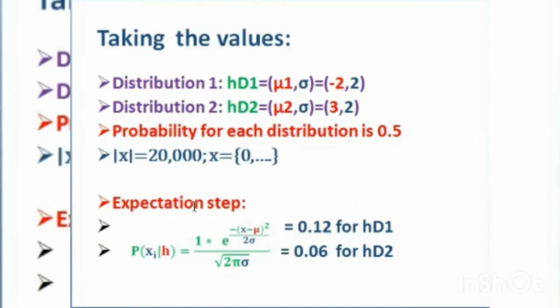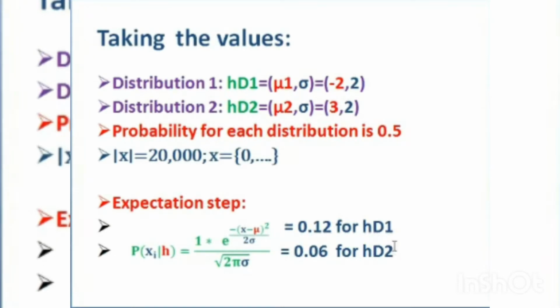So how to find out the expectation step? As I already gave you the formula here, if you refer to the formula clearly, we have it in exponential form because mu and sigma are involved. Okay, this formula will be referred to here as mu and sigma are referred. We have the probability formula here to calculate the probability of the first one and the second one. So for the first distribution, substitute the values and find it out. You will get it as 0.12 for the first hypothesis, distribution 1, and 0.06 for the second hypothesis, distribution 2.